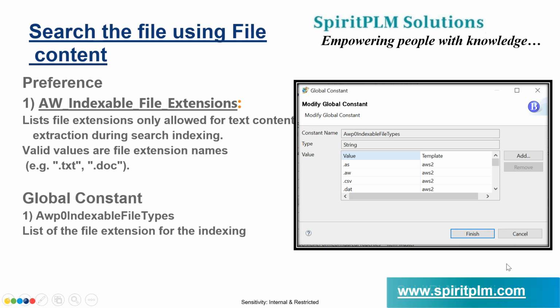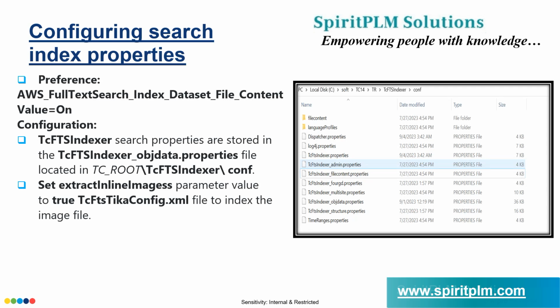One of the global constants is called AWP0IndexableFileTypes, where you can specify which files are to be indexed. For example, text file, doc file, PDF file, image file, that you can specify here. Then to allow searching the data based on the file content, you need to parallelly set a preference to on. What is that preference name? It is called AWS_full_text_search_index_dataset_file_content with value equal to on, so that you can search the data based on the